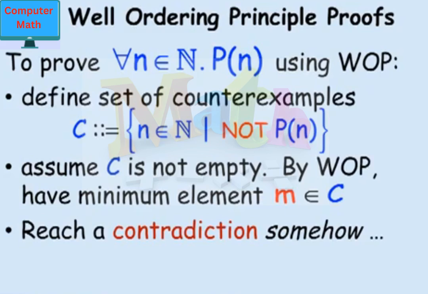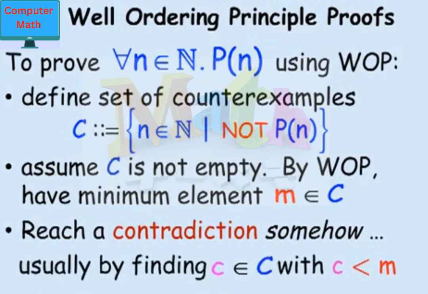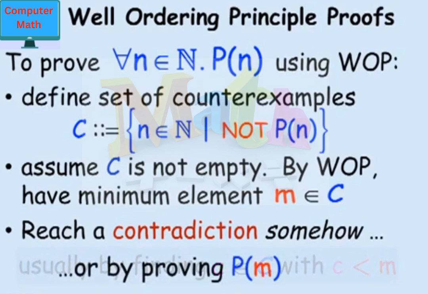But the usual organization of the contradiction is one of two kinds. You find a counterexample that's smaller than M. You find a C that's in the set of counterexamples, and C is less than M. That would be a contradiction because M is the smallest thing in C. Or you reach a contradiction by proving that P does hold for M, which means it's not a counterexample. And those are kind of the two standard